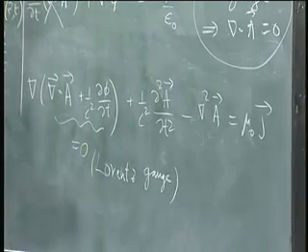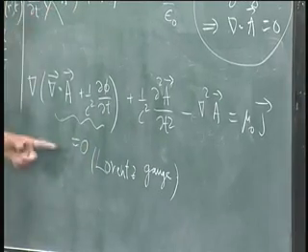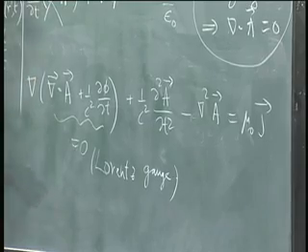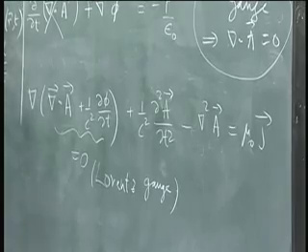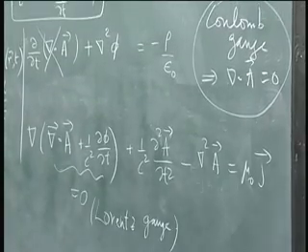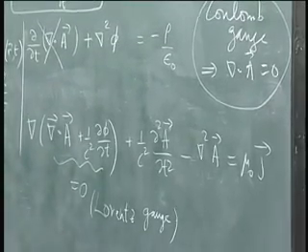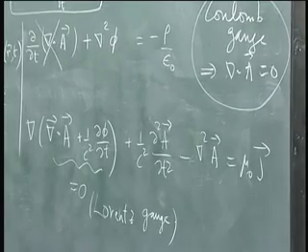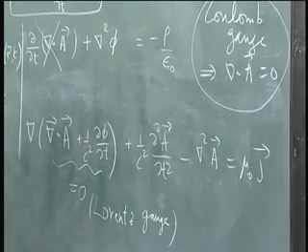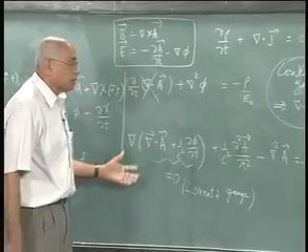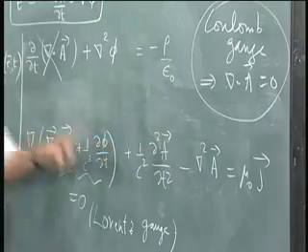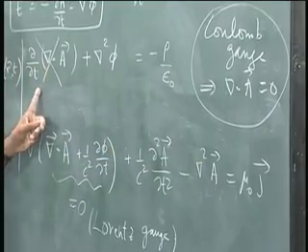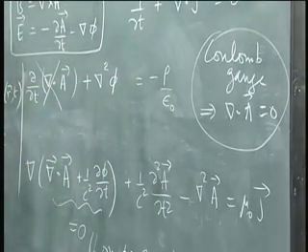There are cases where this is more advantageous than this gauge. Can you tell me why? Why you would think that setting this to 0 is better than setting that to 0? You can always do it in any given problem, you can do either this or that. Why would one be preferable to the other? Well, okay, again the same question. Suppose I solve this equation in the Lorentz gauge, then I find A, I put that in here, so this becomes a known, I take it to that side and solve Poisson's equation. So once again,